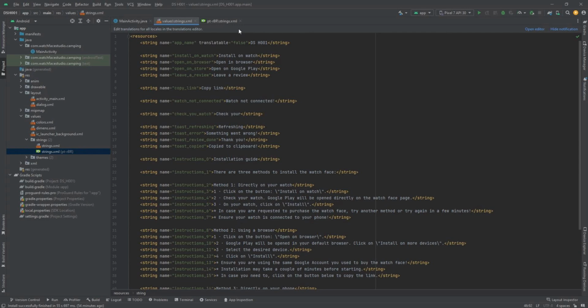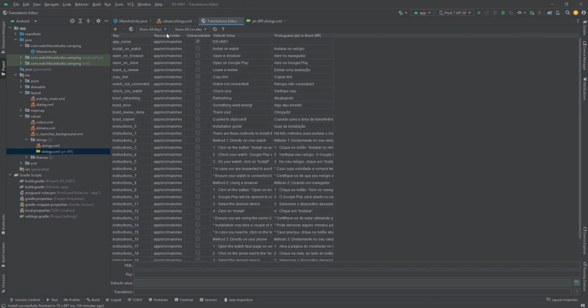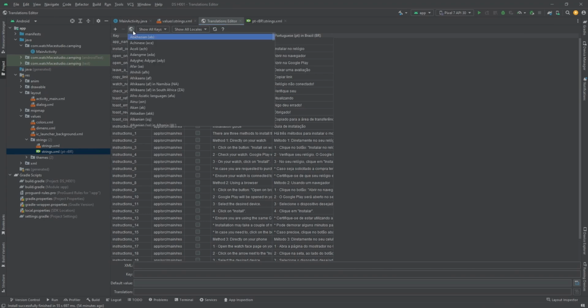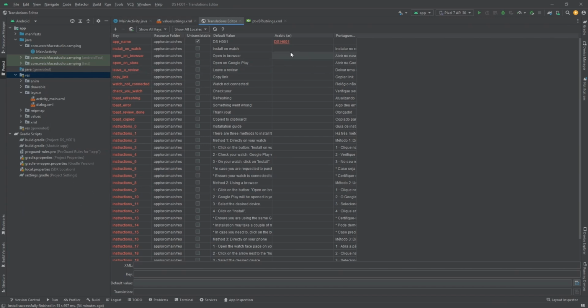In case you want to add your own translation, click on Open Editor, then select the language you want to add. Type in each cell the corresponding translation to the text. Just make sure to also add the numbers and symbols to your own translations. Just a reminder, it will translate the UI language, not the images.